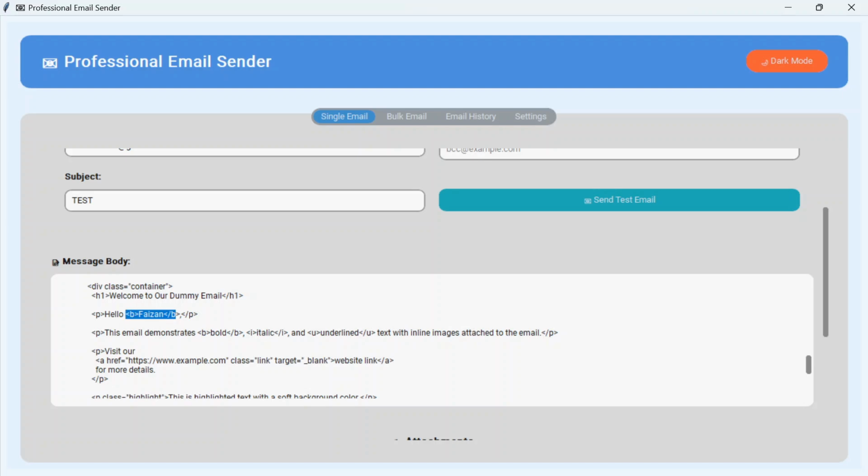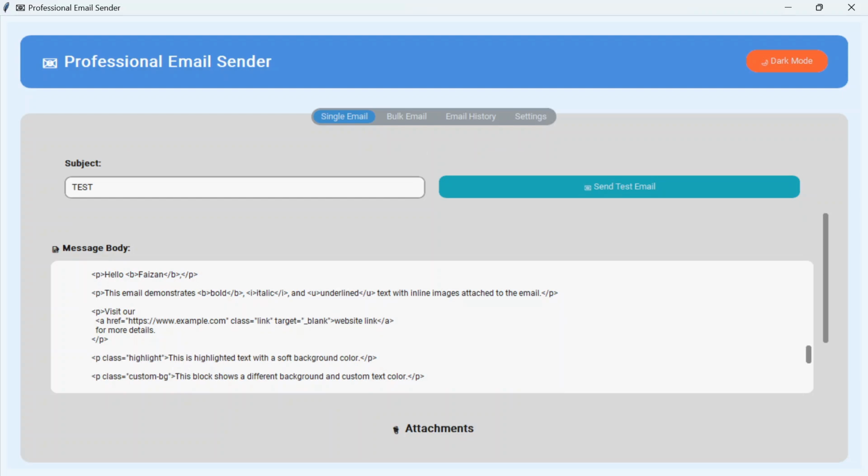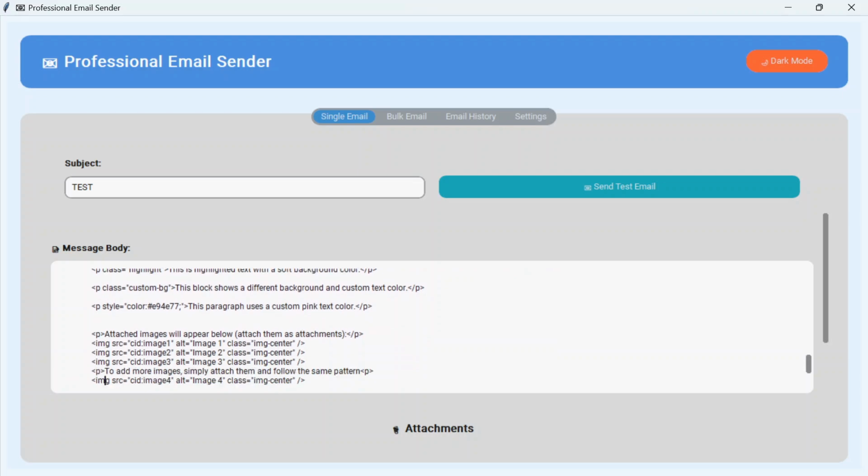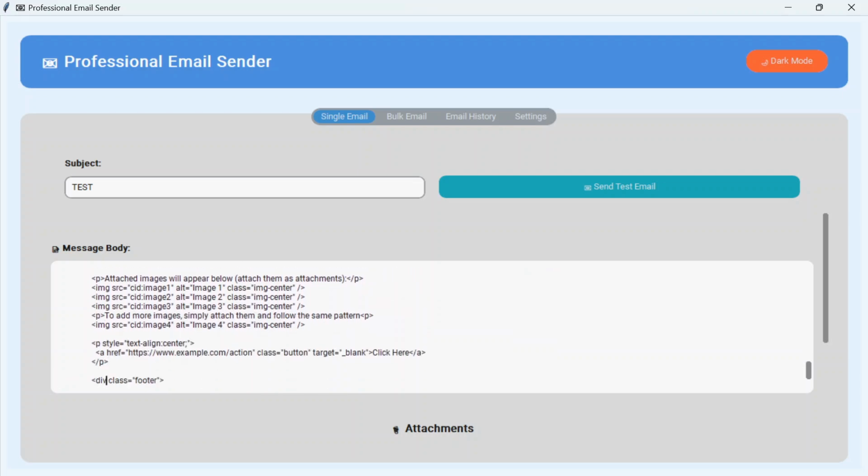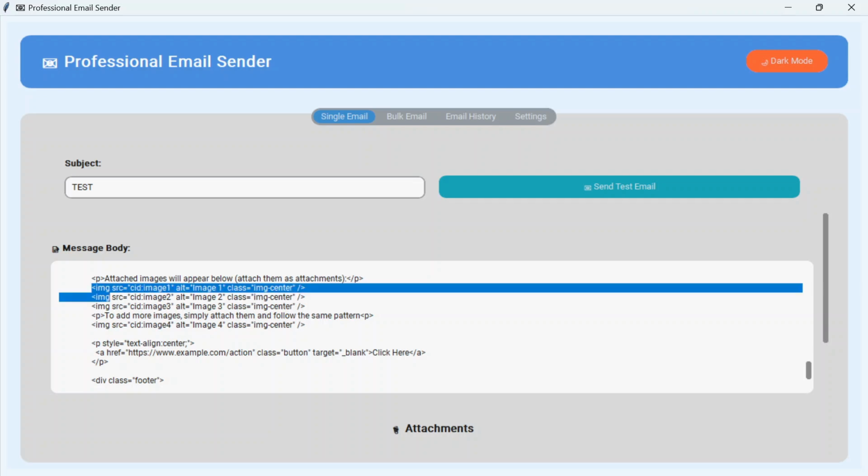Okay, how you can add a heading, how you can add paragraphs, how you can add links, how you can add buttons, how you can add images. Okay, all those things. So here it's mentioned that if you want the images to be shown in the email, then you can add the images in this format. Okay,